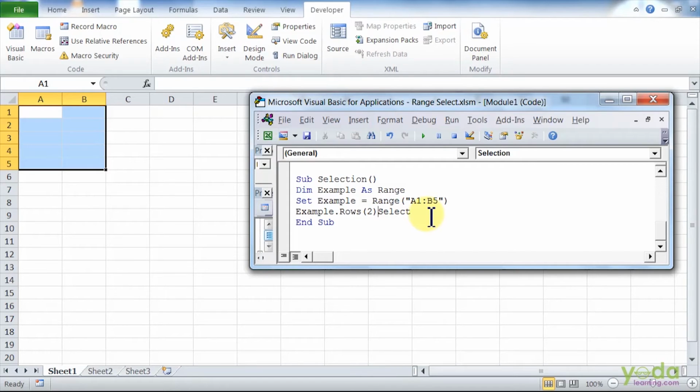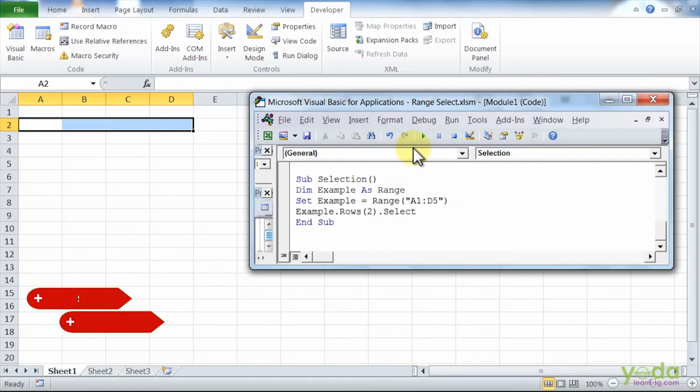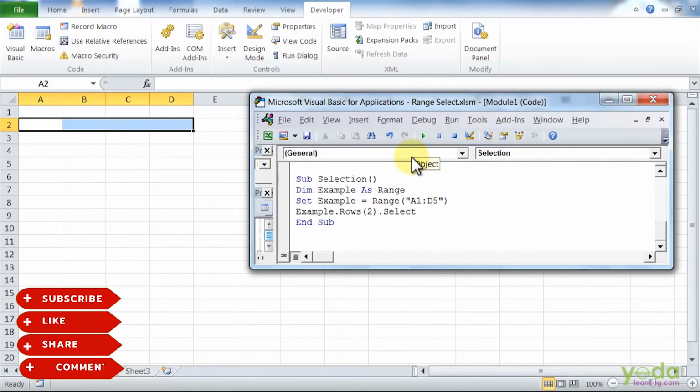I have to mention the row index number. Now here I will run the code. If you see, it has selected the row number for a defined range, that is A1 to B5. Now here, if I change the column name to say C5, what will be my output? It has increased my selection with one cell towards the column name C. If I make it to D, I'll run this code. It has again increased my selection by one column.